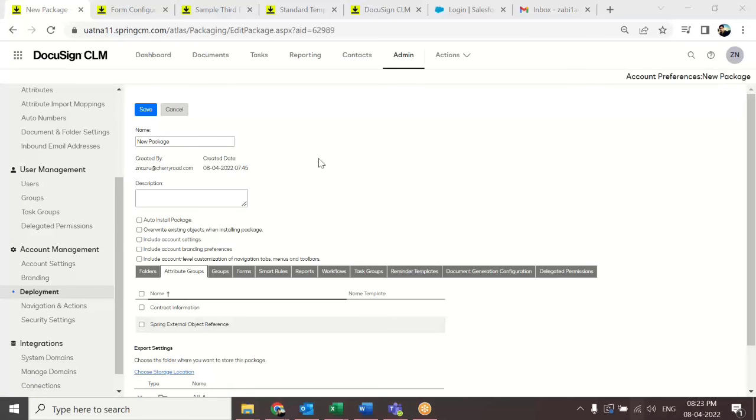So under deployment, we have a name, the package name, created by whom, created by date, description. So this auto install package automatically installs the package, and there's an override existing object when installing packages. So storing this value overrides any object with a similar name or settings. In what this button does, we have included all account settings, include account branding,